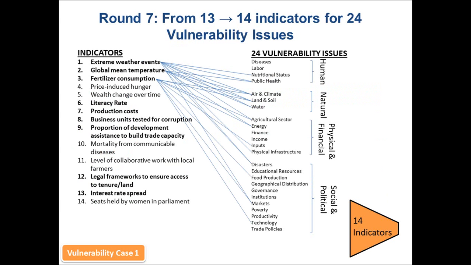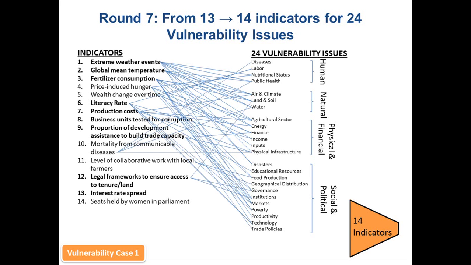Again, the ones in bold here are indicators that were selected in the first round that everybody in the room was comfortable with. So you can see that the bolded indicators are the ones that, again, appeared in the first run. So if we had just gone with the initial solution, we would have been still in pretty good shape. Although